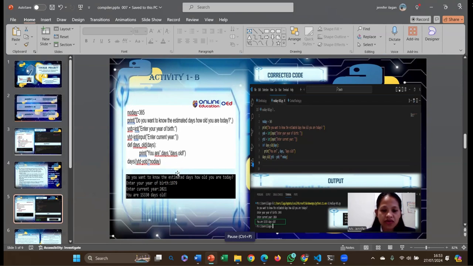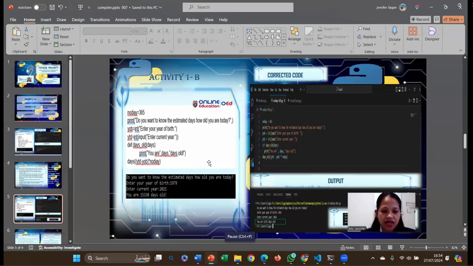Allow me to further explain the problems and then execute the related correction so that the correct output will appear like what we have done in activity 1. So there are formatting errors in the input statements. For user input, we should utilize the input open and close function, and print open and close should be used to display the correct prompt.